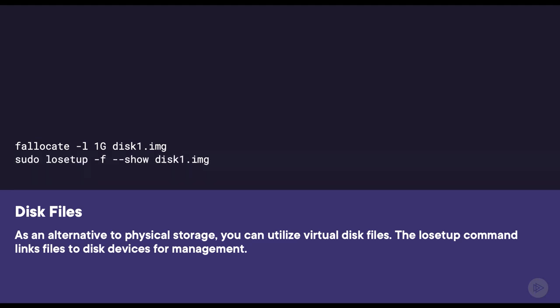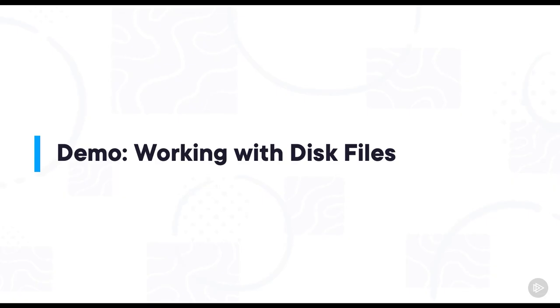We can then go through and link the disk file to a device. We're using -f, so we can find the next available device file, but we want to also display it, so --show. We can then go through and list our block devices, and we should see the new block device. So this is our first step, so why don't we move out to our command line and really see this